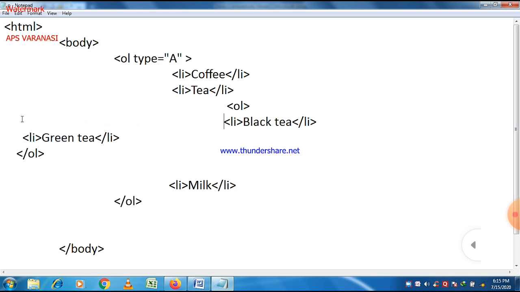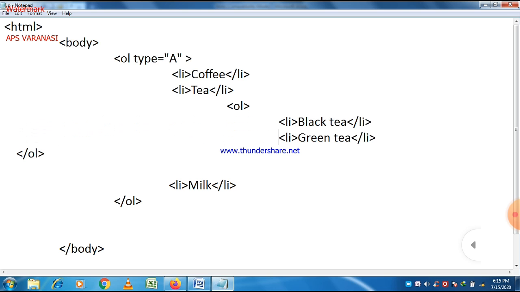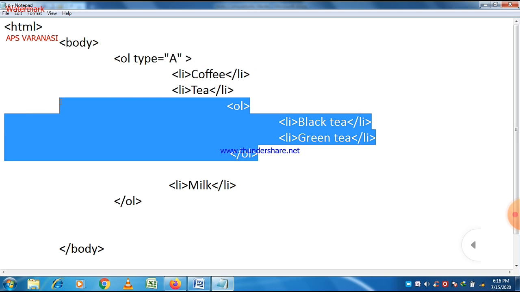But if you want to put a list inside that list, just write OL inside the list here, and you can easily see that coffee, tea, and milk are the items of the list, and black tea and green tea are the types of the tea here. And this is called a nested list inside a list.